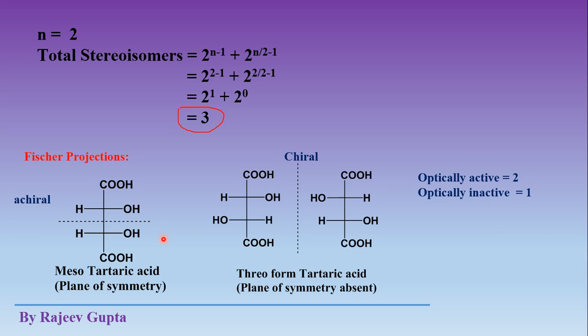Now, how will we show the chirality descriptor in these structures? To see the chirality descriptor, we have to show the R/S nomenclature for this chiral center and for this chiral center, for both chiral centers. So just use the CIP nomenclature rules, where we first make the numbering of all the 4 different groups and then use the chirality rule to assign R or S. Okay, so just make the numbering.